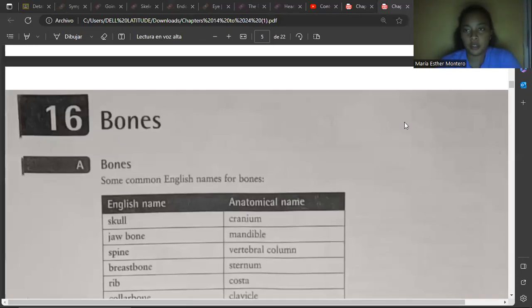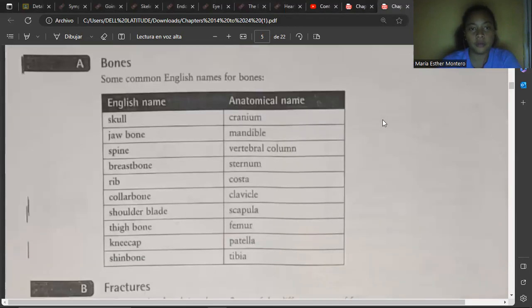Professional English in Medicine, Chapter 15, Bones. A. Bones. Some common English names for bones. English name, anatomical name: skull, cranium,